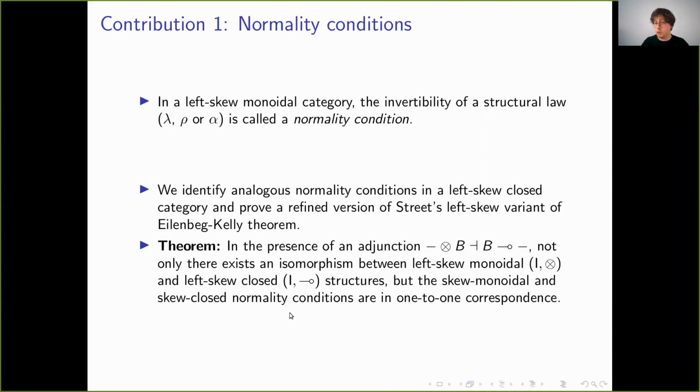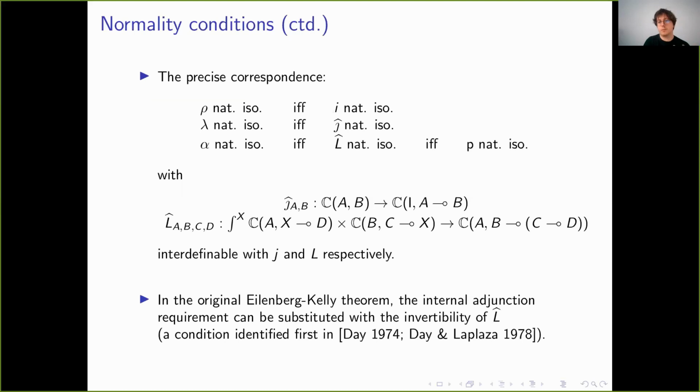There is a one-to-one correspondence between those. So let's be more precise. Let's see the precise correspondence. This is in the Left-skew modal setting, for the Left-skew modal structure, and these are the normality conditions for the left skew closed structure. So the invertibility of rho corresponds to the invertibility of I, and the invertibility of lambda corresponds to the invertibility of j hat. These are the two conditions that are usually also required in the definition of closed